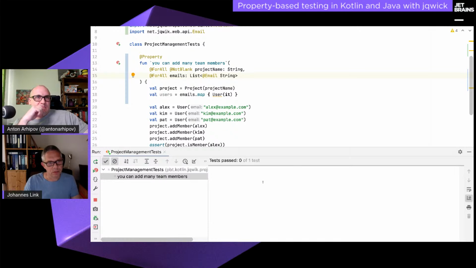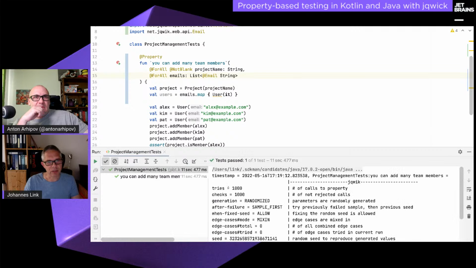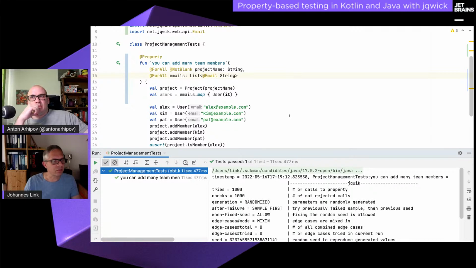What you notice now is that generating 1,000 emails is not as quick as one might hope. Yeah, that's why the test is running a bit. It's running 11 seconds. That's quite a bit. Usually data generation is not the bottleneck of the framework, but if you really want to